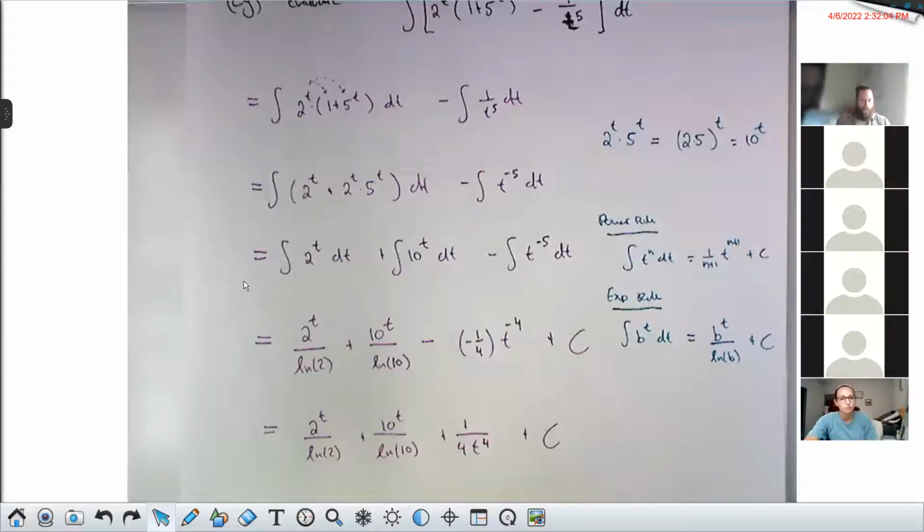Before we move on, let's take a look at the exponential rule, because it's not something we've proved. It is in our table there, it is in our recipe book for antiderivatives, but